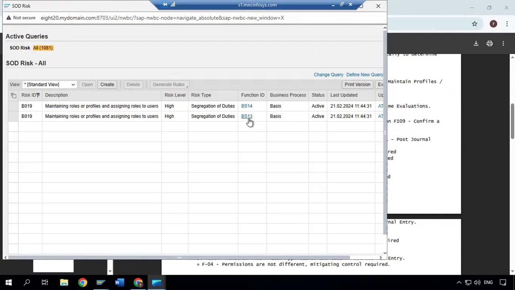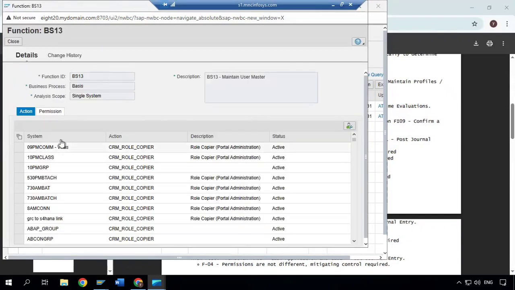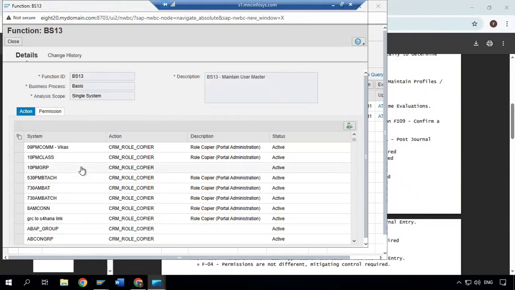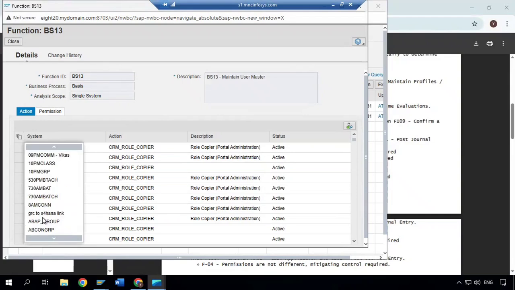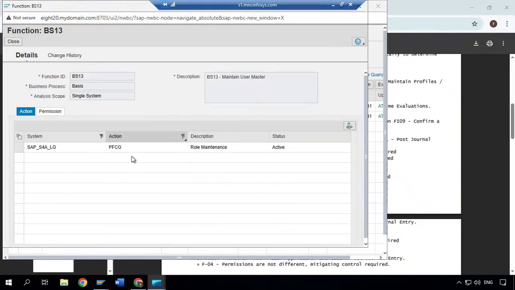Let's open function ID BS13. I have so many connectors, so many systems connected to this GRC system. It's a central GRC. I'm selecting my connector group, SAP S4A LG, and choosing my action. This function has so many transaction codes, so many actions we can say. In that, I'm searching for PFCG. So this function ID BS13 contains PFCG